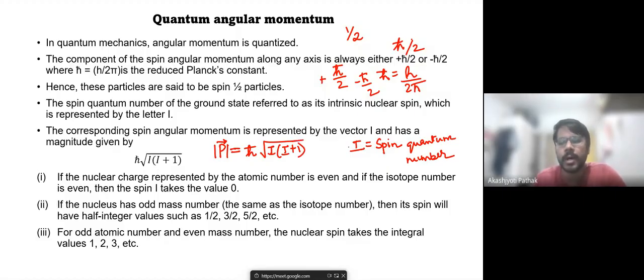So if you know the spin quantum number of a nuclei, then you can determine its spin angular momentum by this expression. So for a nuclei which is having a spin quantum number of half, its angular momentum will be h bar root over half into half plus 1, which will be,